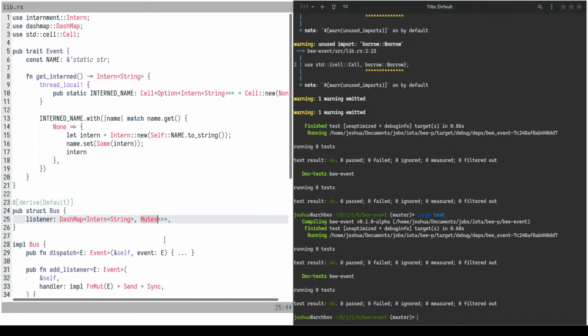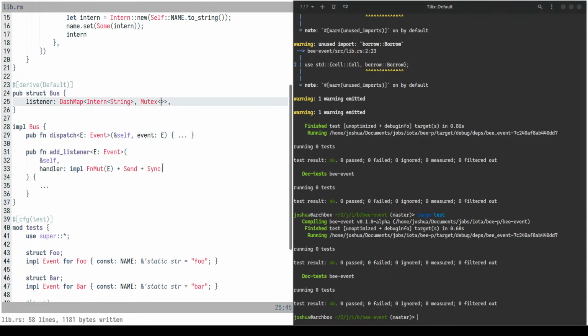Later on, I'm not going to be using a mutex, and I'll swap this out at a later date with something that's a little more performant in most cases. But this will do for the live stream. And the mutex is going to contain a vector of event handlers. So what we want is this signature here of a function that takes an event, but